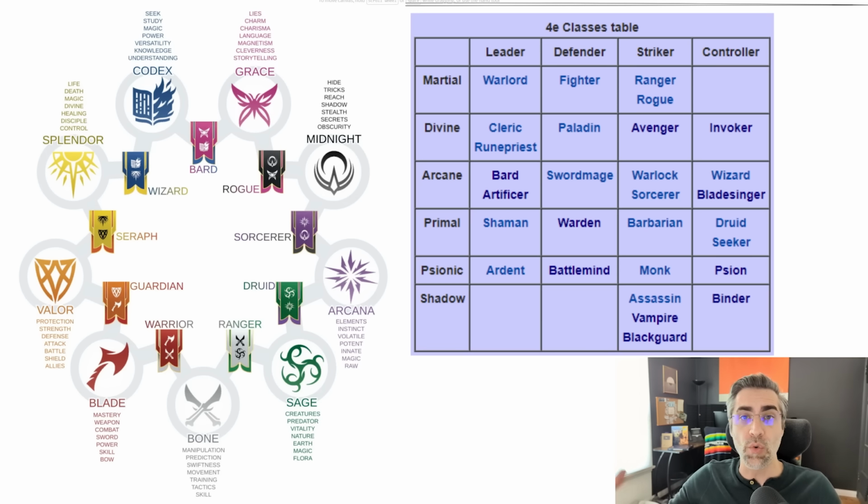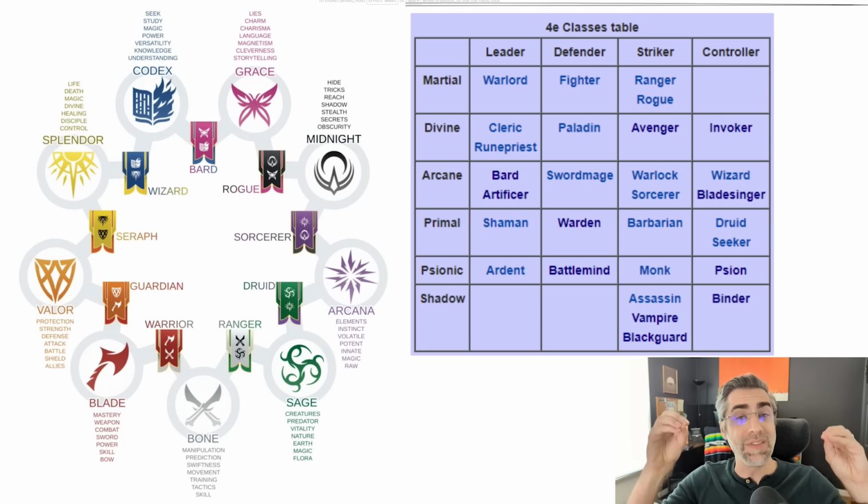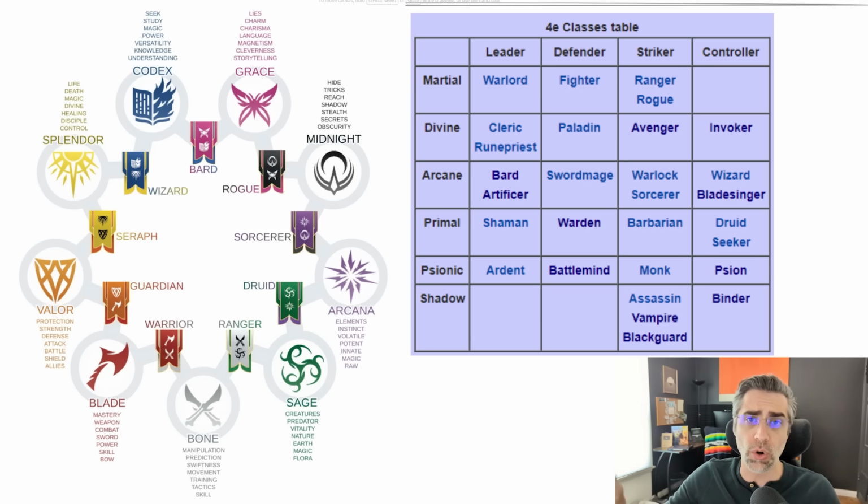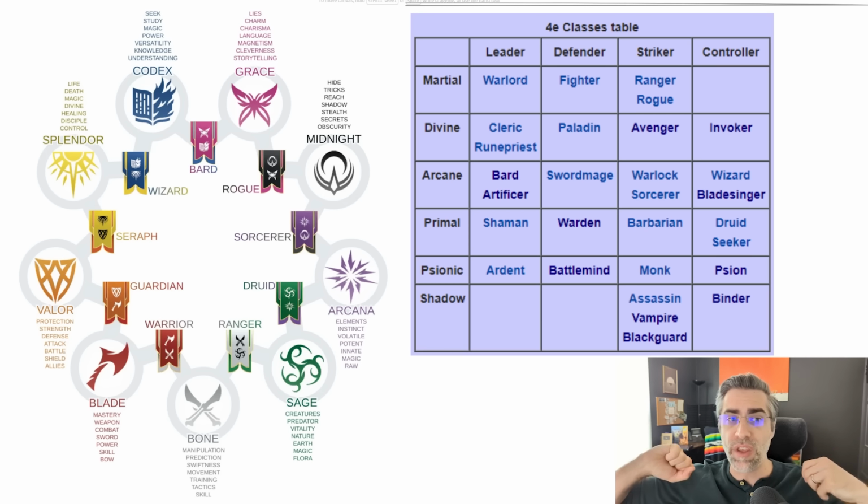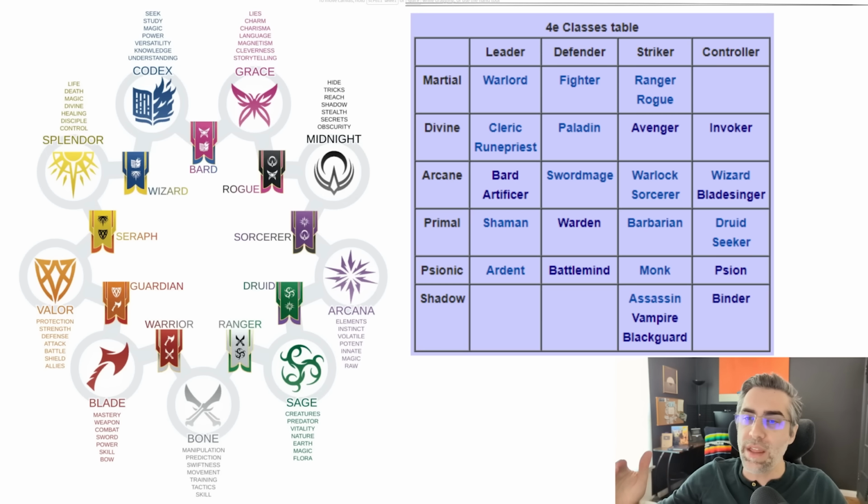While defenders were there to absorb hits, protect their allies. Strikers were there to do a lot of single target damage and single out opponents. And controllers were there to manipulate the battlefield, provide hazards for their enemies, and various utility abilities. And the way that then those roles were conceptualized were via their power sources. And so a martial leader is a warlord, a very cool class in 4th edition, while a divine leader would